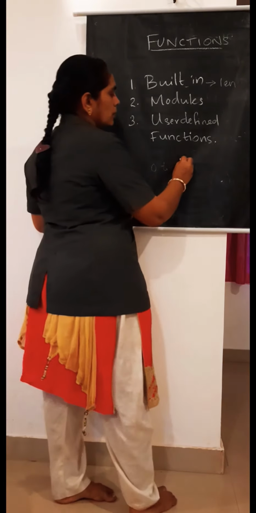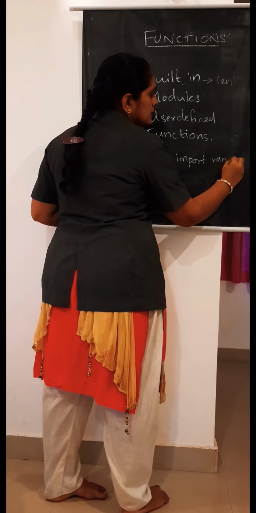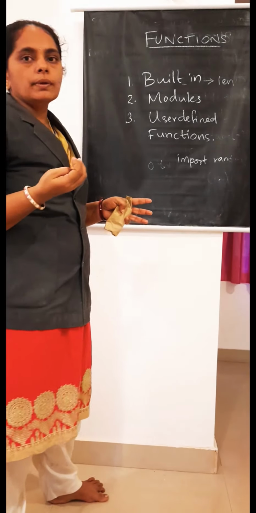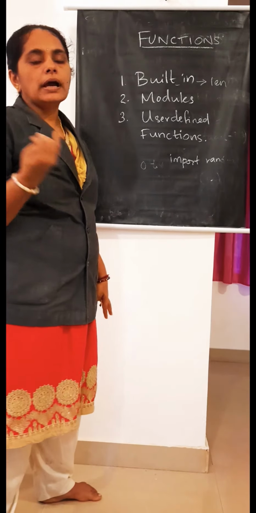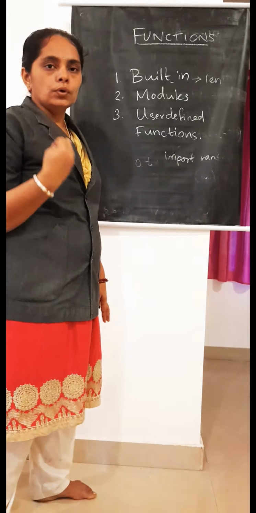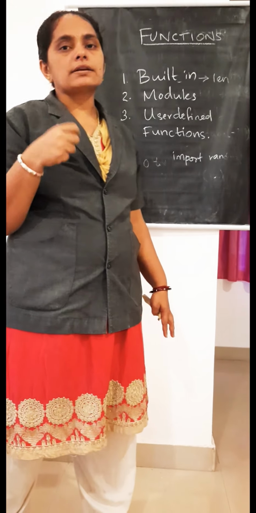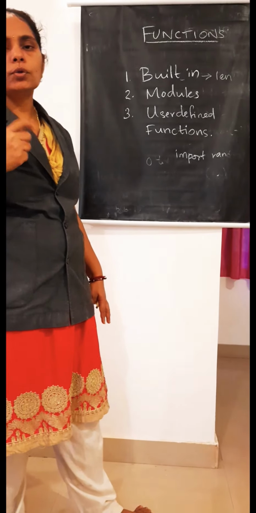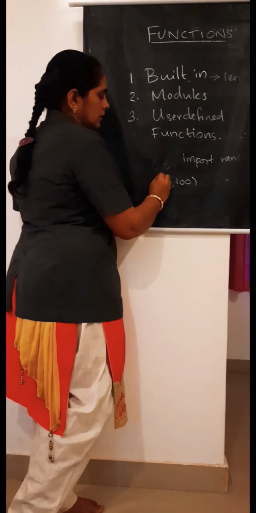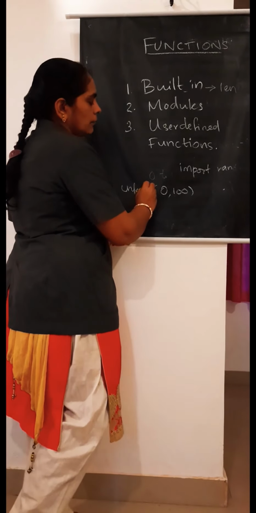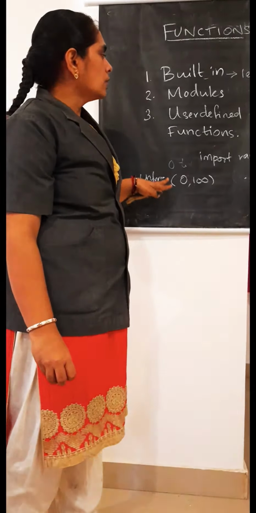How to import a module? You know that import random means this random module will automatically be imported to your program. That we call modules. Here we have randint and also we have uniform. If you go for uniform, that will print fractional numbers between 0 to 1. If you want to print the fractional numbers, you can use it. Sometimes if you want to print numbers between 0 to 100, that means uniform. That can be used to print the numbers between 0 to 100. That is coming under modules.